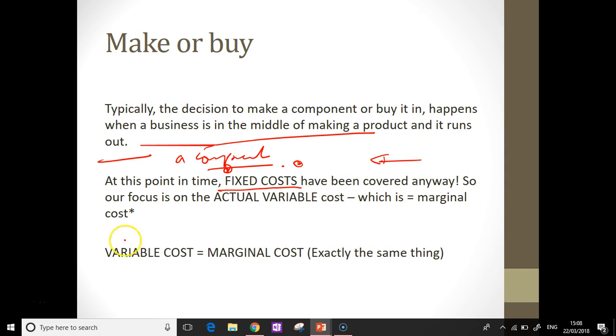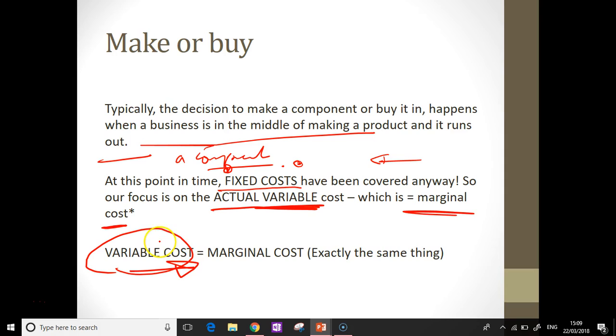I'll even explain using another method to show you where I'm going with this. But the key point is that typically the make or buy principle is usually used in this second scenario, where we've covered our fixed costs, we've broken even long ago. So our focus is just on the variable cost, which is the actual cost of making the item. In class, the last time we spoke, I said to you that the cost of making something is the variable cost. It is unfortunate we have fixed costs, but the cost of making something is the variable cost. Right?